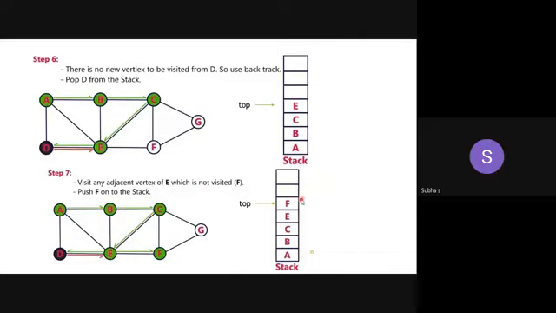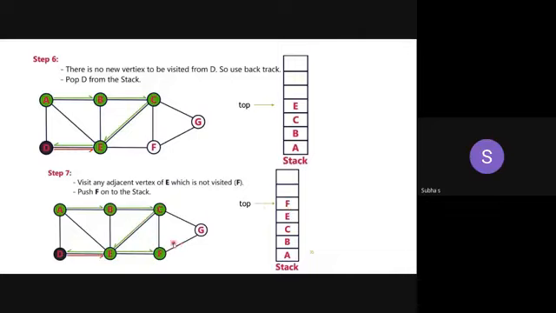I hope you are all writing parallelly, then it will be more clear. If you look at it later, you will get it easily. You can draw it one by one. These are the steps you have to draw one by one. Don't directly write the spanning tree. The question is asked. So now F is visited. You are at the place F, and top is also pointing to vertex F.